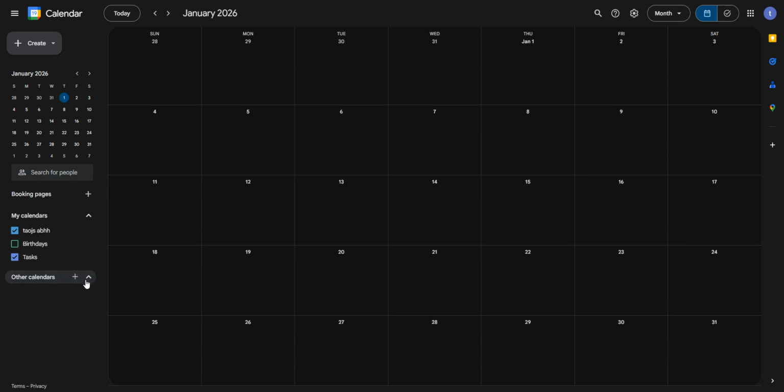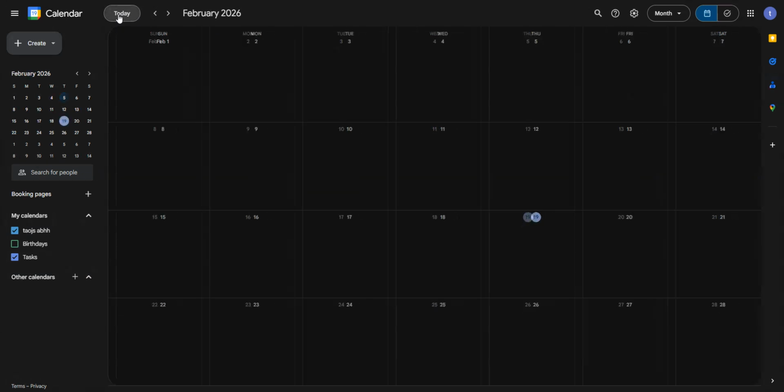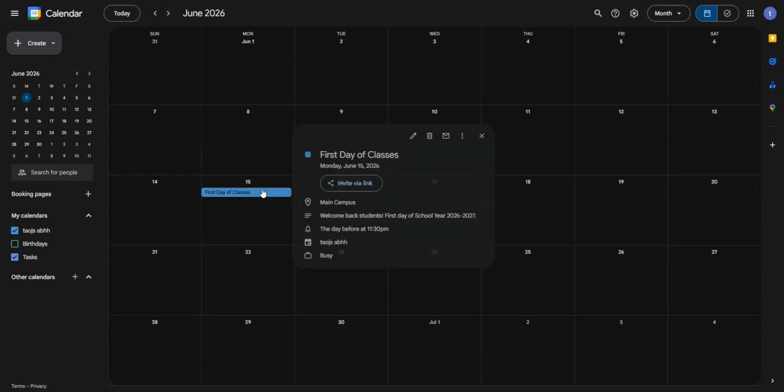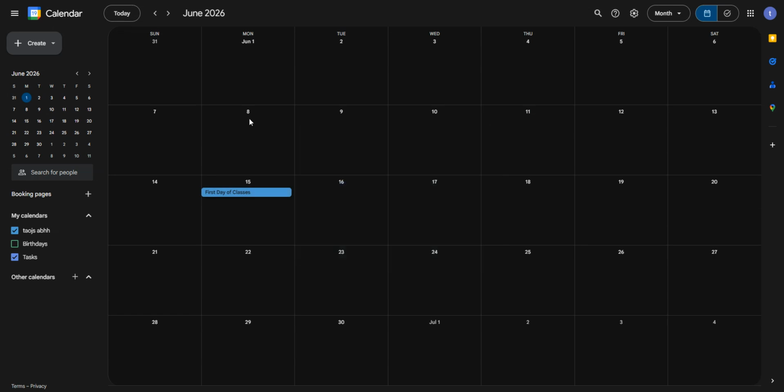On the left-hand side, find and click Import and Export. This is the section built specifically for bringing outside calendars into your account. You'll see an import area with a button labeled Select File from your computer. Click that, then navigate to the ICS file your school provided. Most of the time, it will be